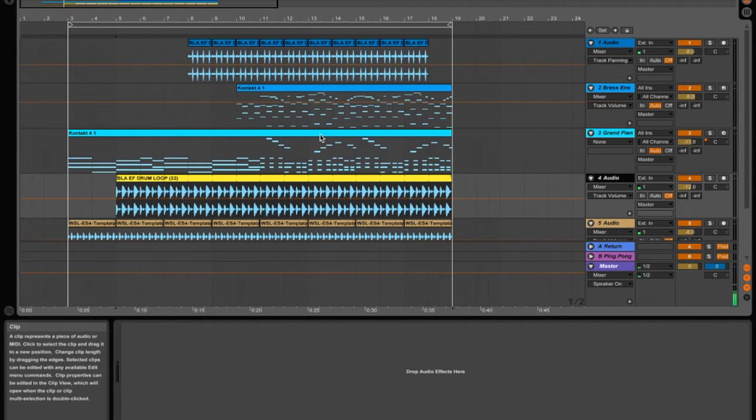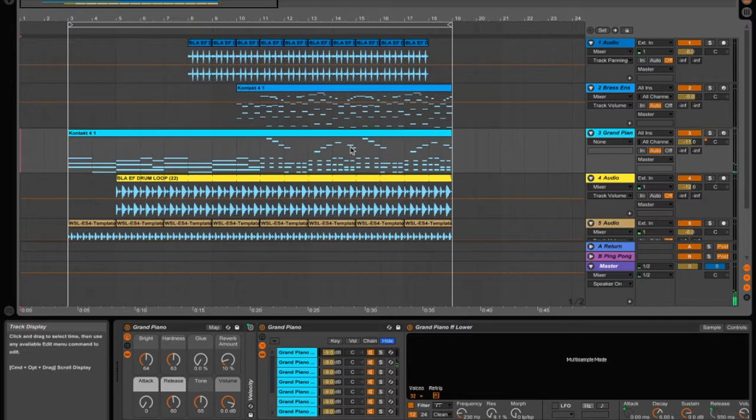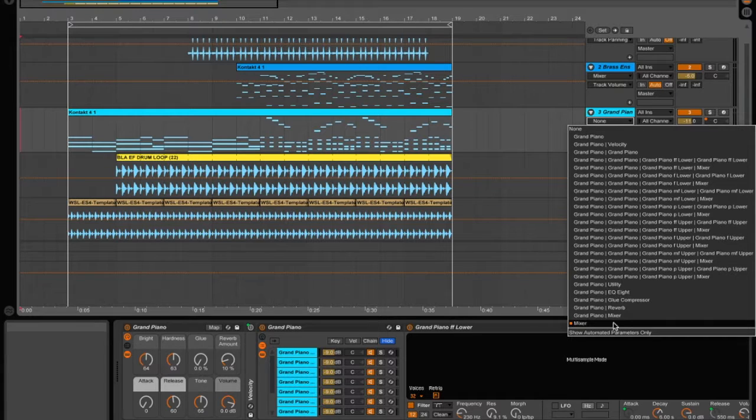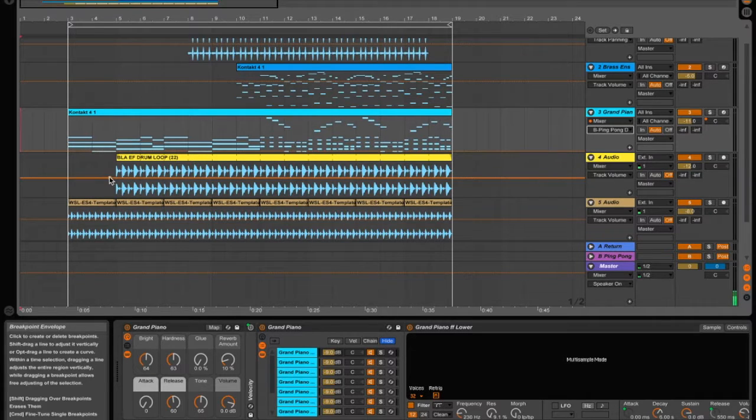So for example, on this opening, I'll just play it a little bit. As you can hear on that opening part, I could go in here just like in the clip envelope section, and I can choose different automation parameters. For example, I might want to send some of this to ping pong. I can do that, and then I select again that orange line, put in breakpoints,